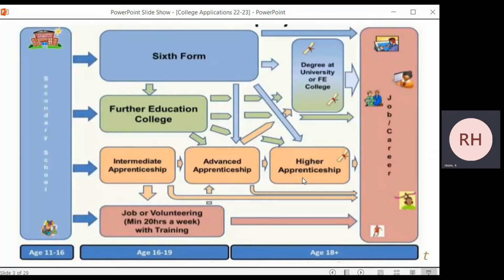Our whole process is designed to take us from school through to a job or career. And this diagram is just designed to show the different ways that can happen. And as you can see from the jumble of arrows on here, just because you start off down one path doesn't mean that you have to remain on that path for the entire time. The vast majority of our students will either go on to sixth form or to a further educational college, but that doesn't cut off the roles of